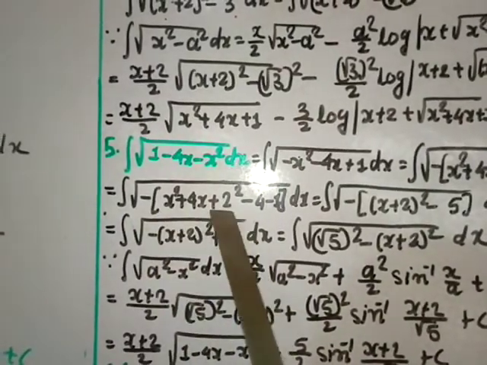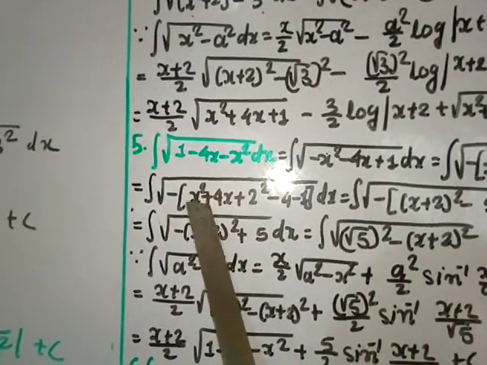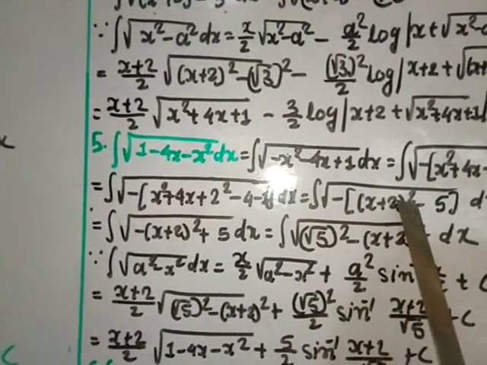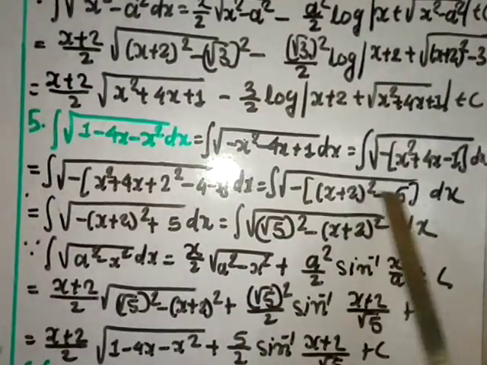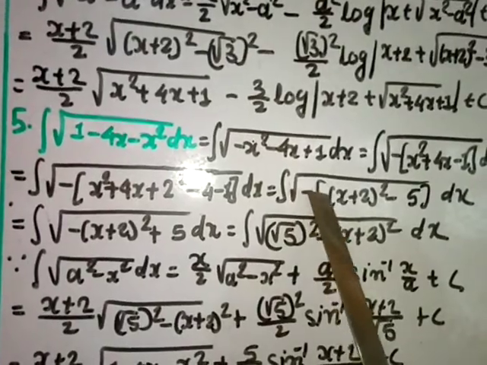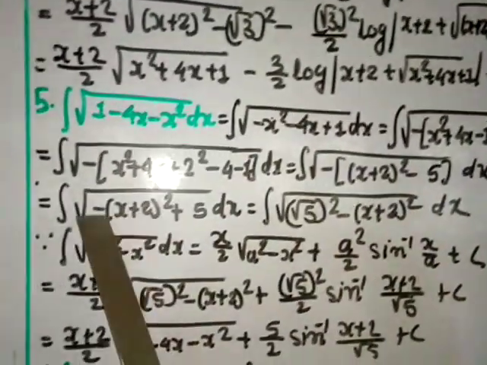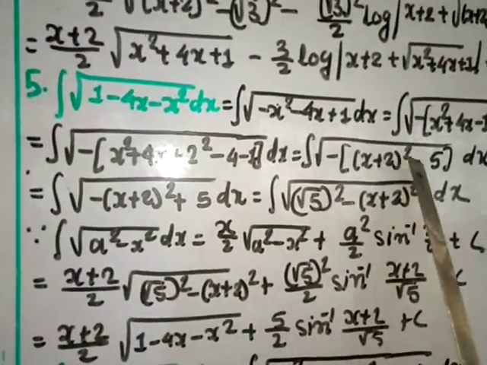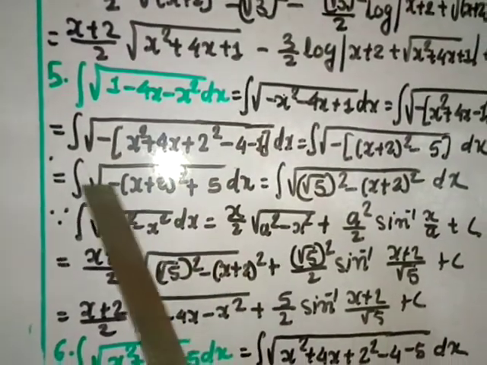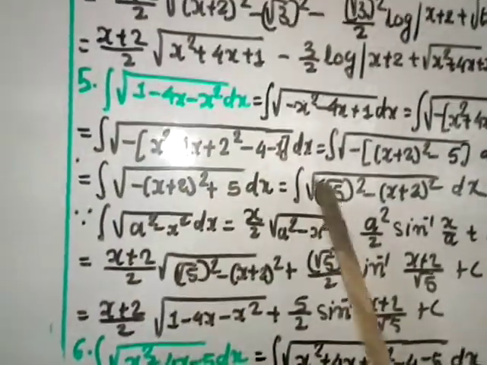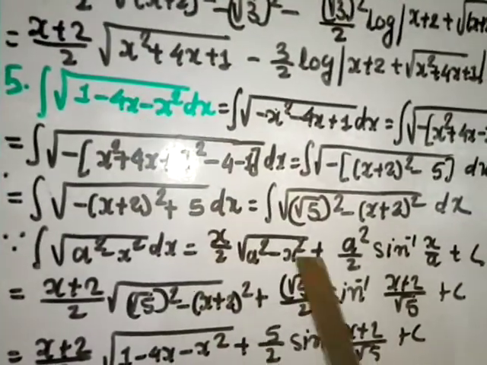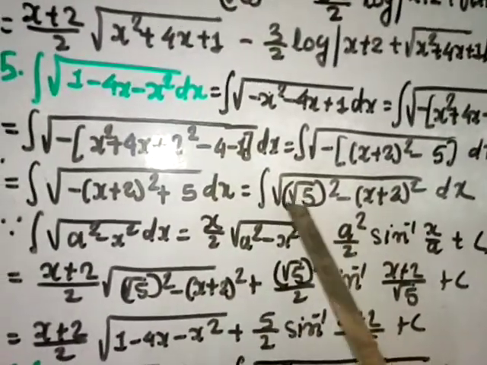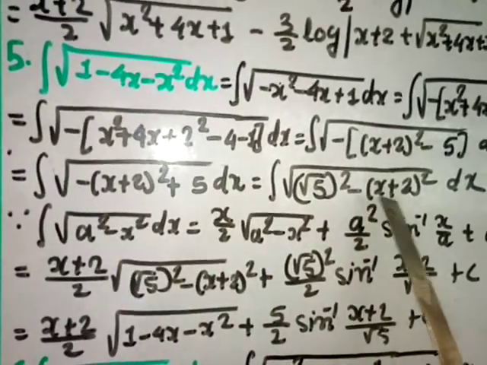So this one will be a perfect square of x plus 2 whole square. So (x plus 2) whole square minus 4 minus 1 gives you minus 5. Then this minus you multiply, so this becomes minus, this becomes plus. See, I have multiplied here. So this becomes negative, this minus 5 becomes plus. This 5 you write first, the positive term first. So root 5 whole square, because I have to write in a square form, then only I can compare with the identity. So root 5 square minus (x plus 2) whole square dx.